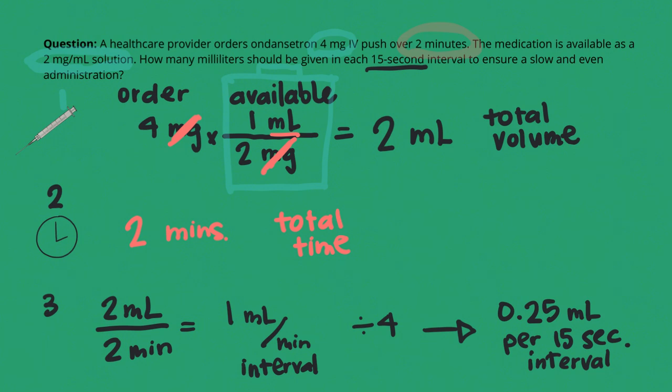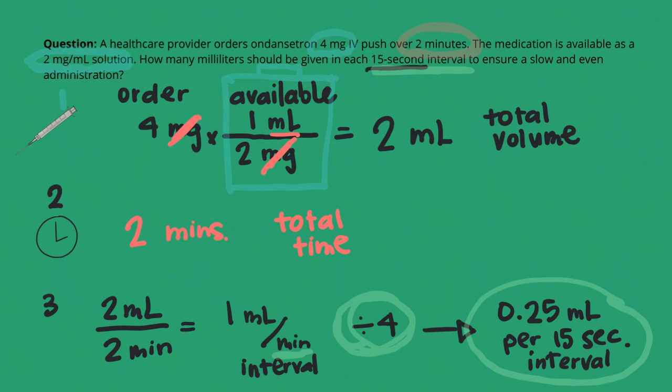Whereas 30 seconds goes into 1 minute, or 60 seconds, twice. So that's how you get this part where you're deciding what you should divide by. How many times does that second interval go into a minute? 15 seconds goes into a minute 4 times. So we divide this milliliters per minute by that 4, and we get how much we should be giving per